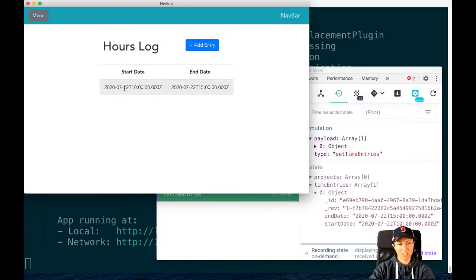Okay, and then I just need moment to format these dates a little bit better. Let me go ahead and do that. Let me install moment. I'm going to add the name here, but that's only after I get the projects all set up. So,